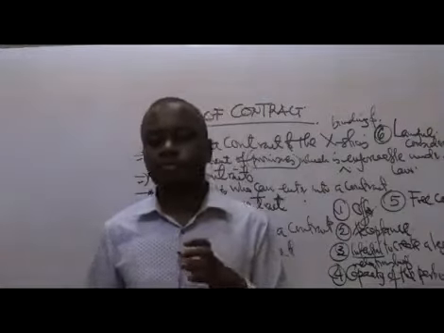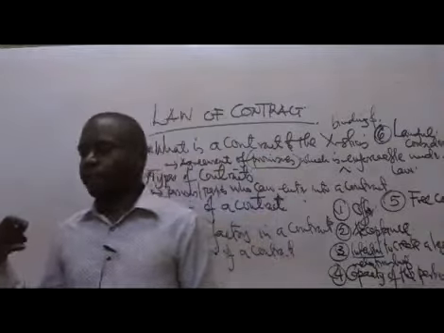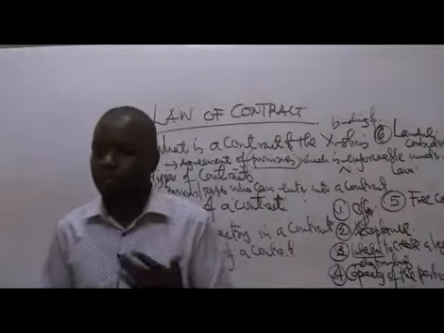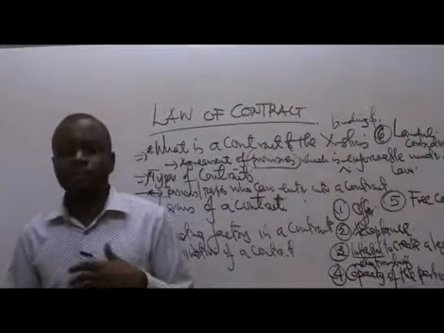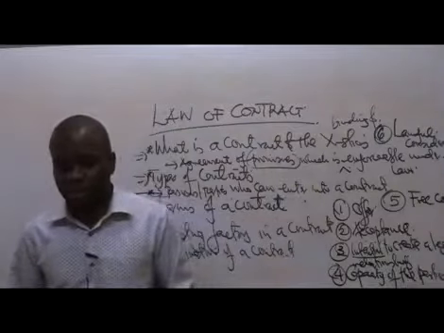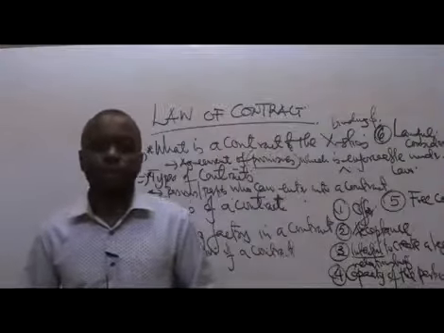There should be some form of consideration, the price that the other party is actually paying. That the lady is going to leave the parents. So that is some of the price that she is actually going to pay: leave the parents and basically go to stay with the husband. On the other hand, the man is actually basically going to pay for